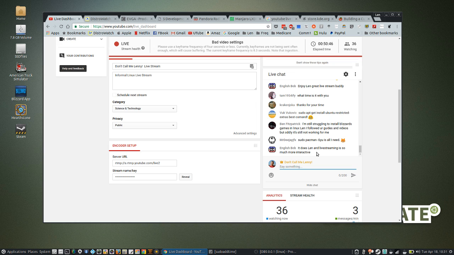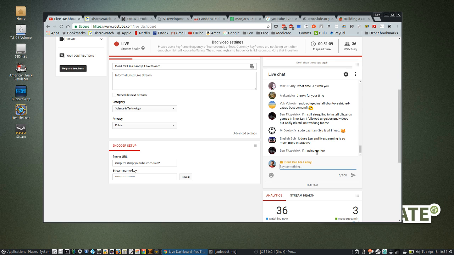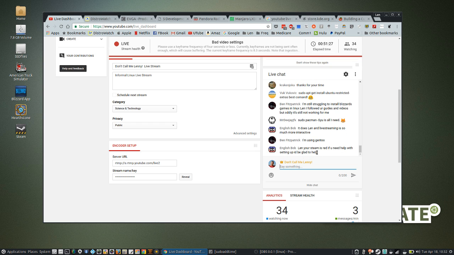And as I mentioned earlier in this stream, Blizzard still isn't what I would call easy to install in Linux. Although with the new Ubuntu 17.04 and current versions of Manjaro and Arch, the Arch-based distributions, it is making it much easier. Yeah, see, with Gentoo, Ben, because I don't use Gentoo on a daily basis, I haven't gone through the process. So, what I would suggest to you is that you use my latest